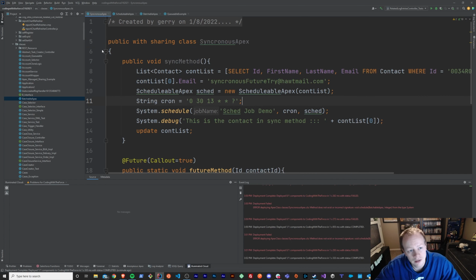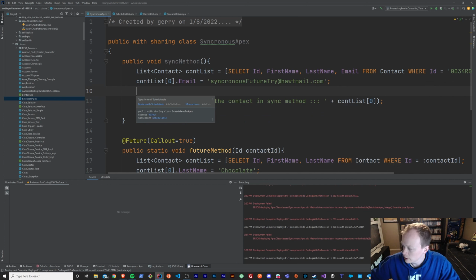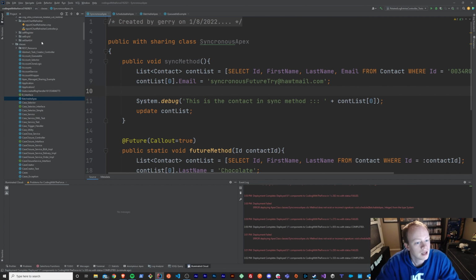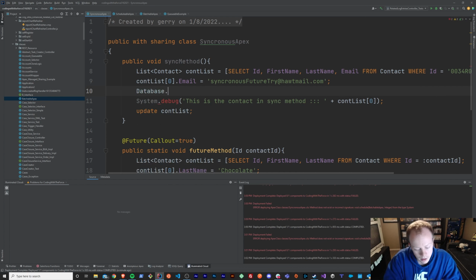Let's come over here to the Synchronous Apex class, delete all of this stuff for schedulable stuff. Let me mute my phone because it just won't stop. And then I'm going to run some code that will actually execute that batch job. So we'll say Database.executeBatch. And then in here, we're going to say new